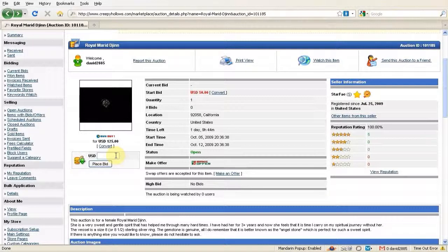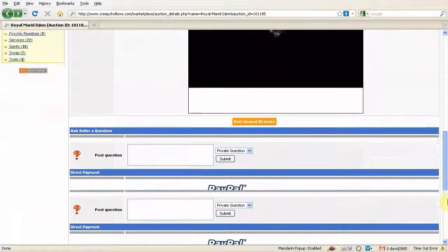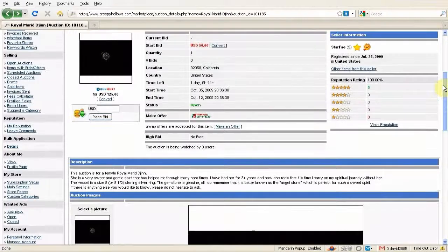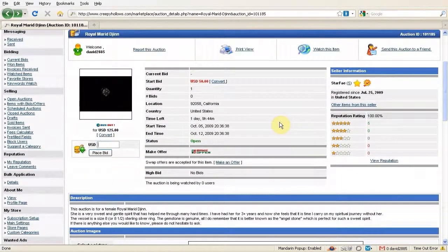So you can place a bid either over here on the left or on the bottom of the listing. There's also a place where you can place a bid. You can just go ahead and type in the amount that you want to bid. There's no need to put in any currency symbols. You can just type in the number you want to bid. As you can see, it's already US dollars. So if I want to place a bid for $50, I just type in 50 and click on place bid,